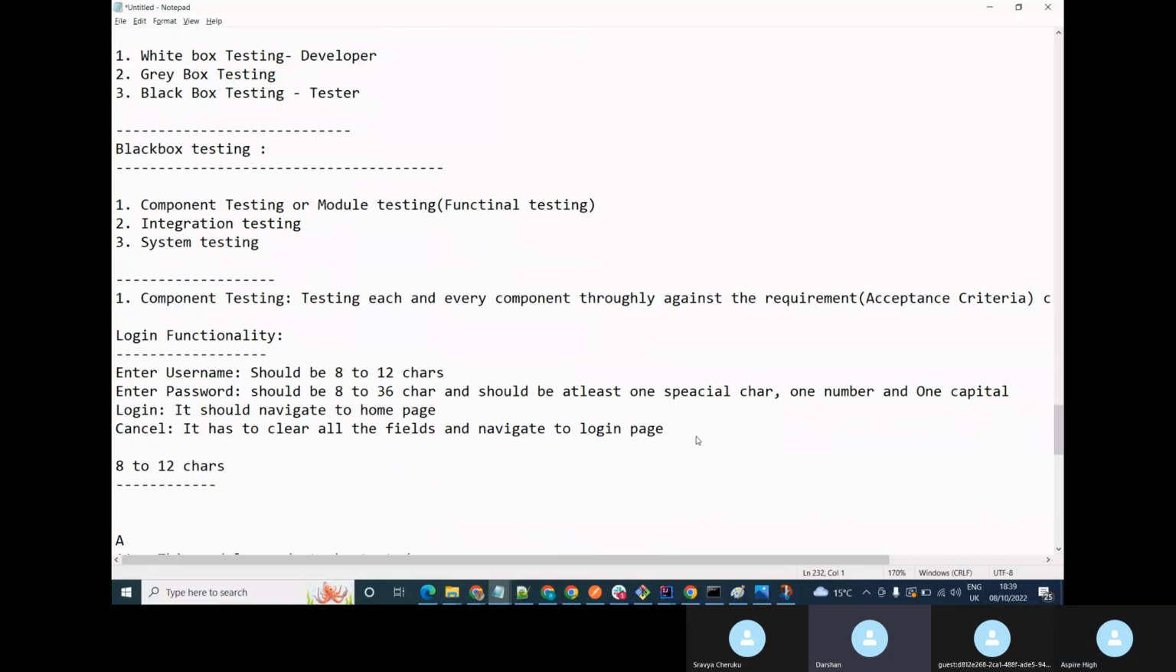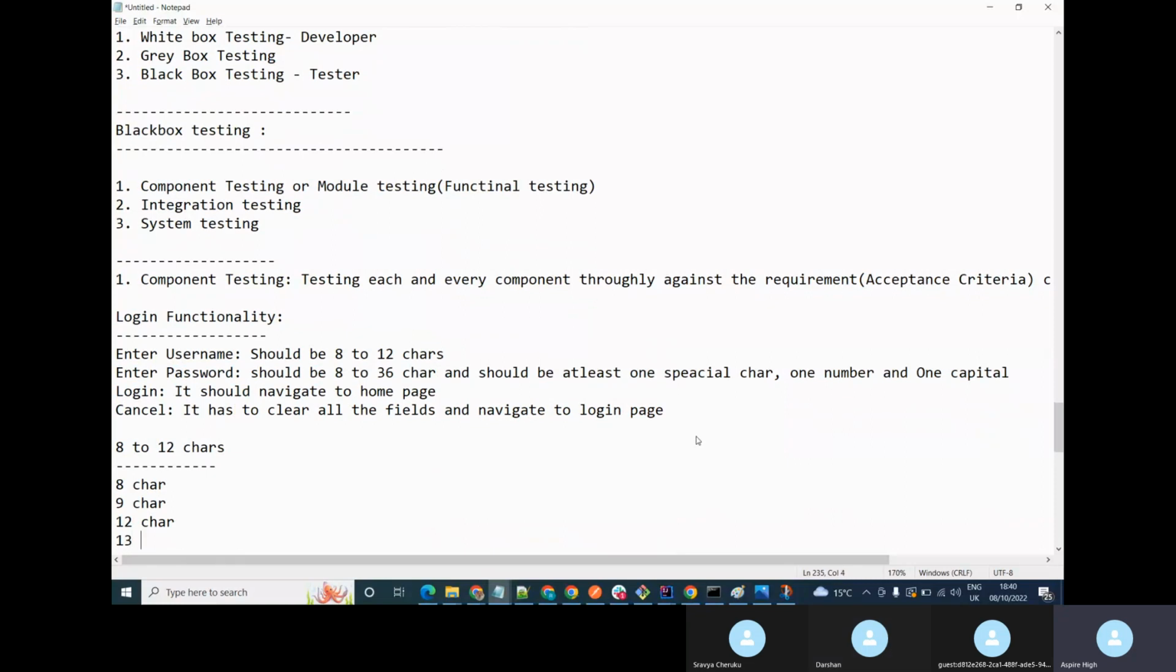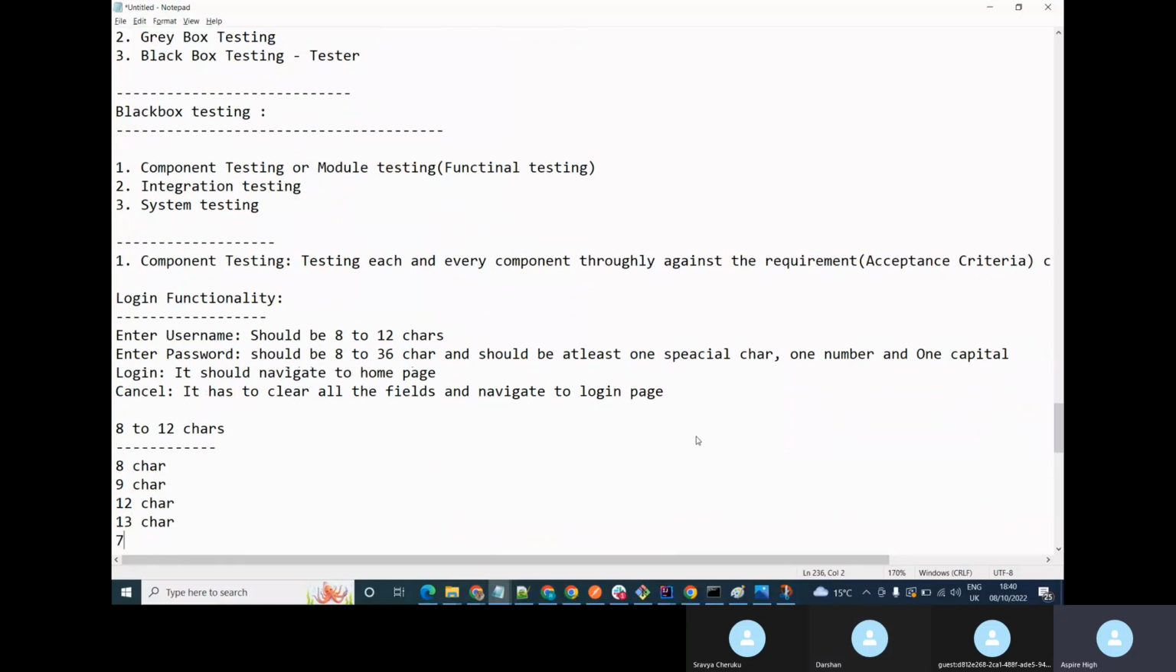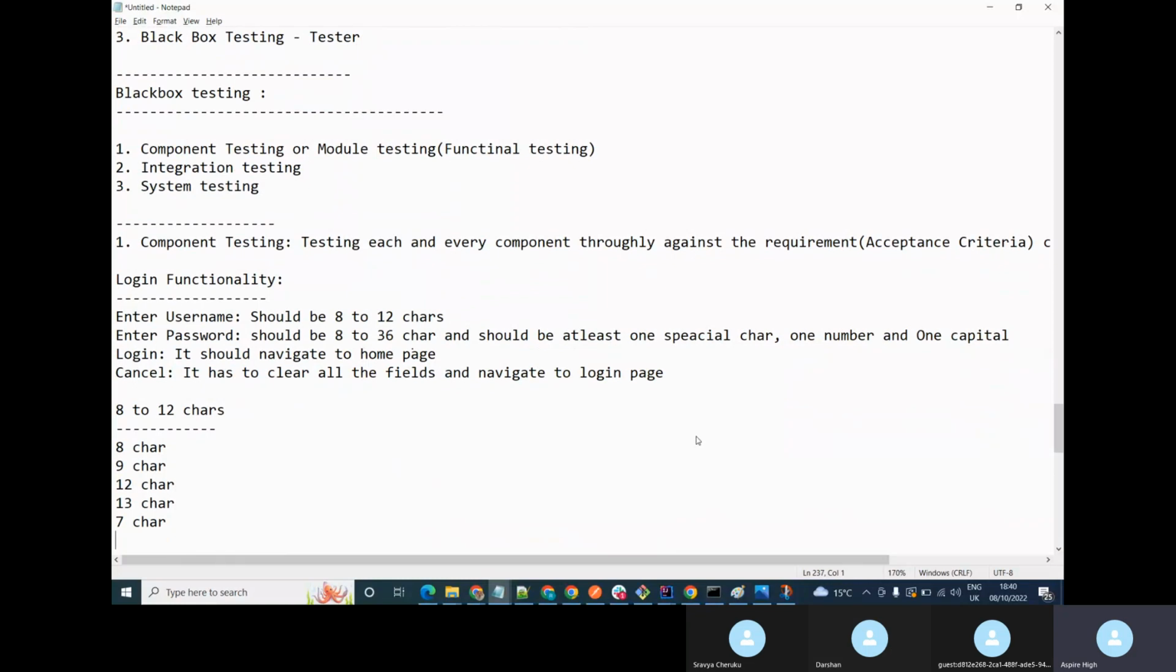Username? We're going to put 8 characters minimum and check whether it is taking it or not. Then 9, 10, like that, individually. That makes thorough testing. We are checking whether it is taking 9, whether it is taking 12, whether it is taking 13, whether it is taking 7,